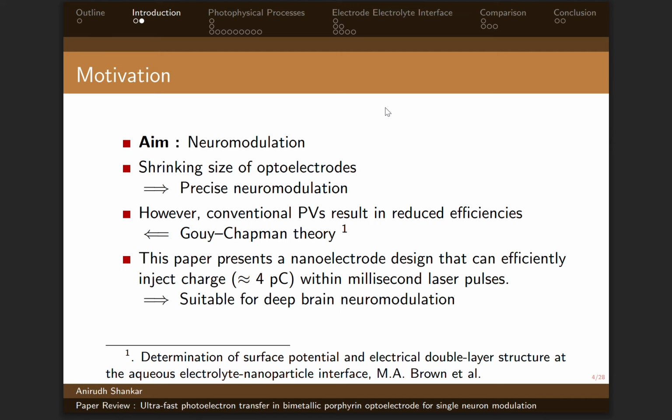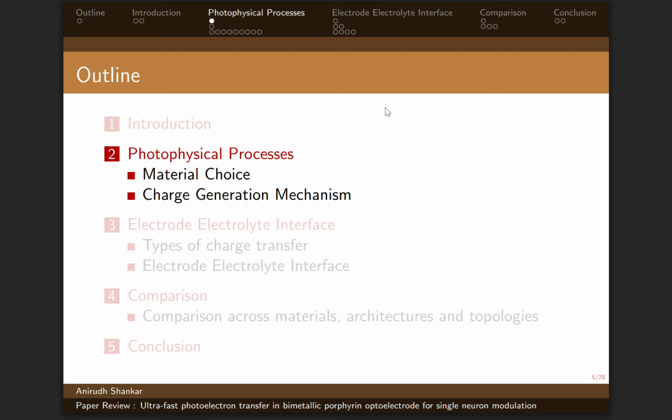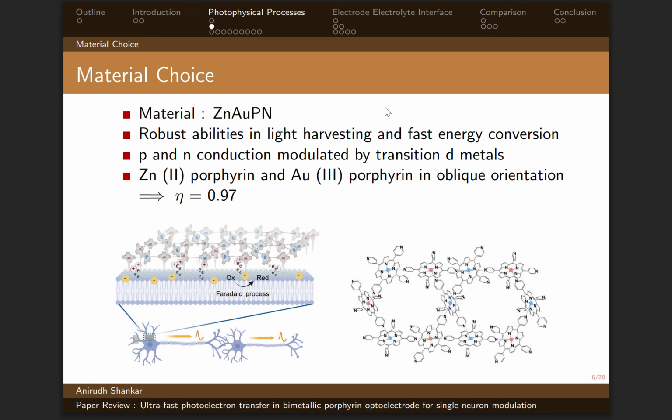Moving forward, we shall now look at the photophysical processes that are involved, starting from the material choice to the charge generation mechanism. The most critical aspect is the choice of material, and the material used here is zinc gold porphyrin. Porphyrin based optoelectrodes have been known to have robust abilities in light harvesting and fast energy conversion, and it has also been seen that P and N conduction can be modulated by doping of transition d metals in these